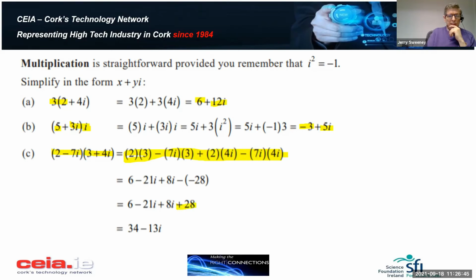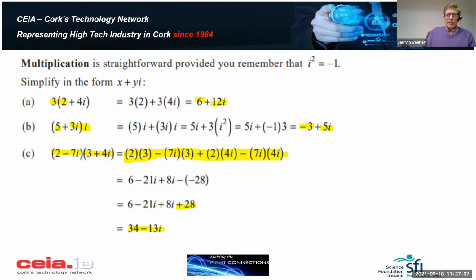We bring the 8i and the minus 21i together, and we get minus 13i. The 28 and the 6 simplify out, and we get 34 minus 13i. So it is FOIL multiplication, but